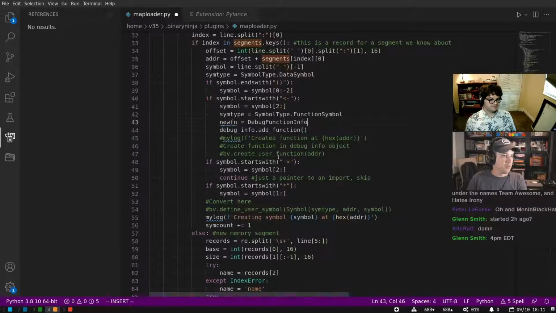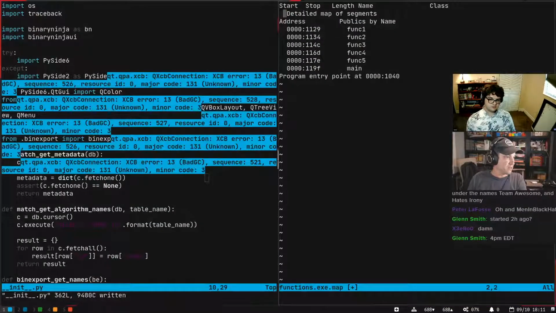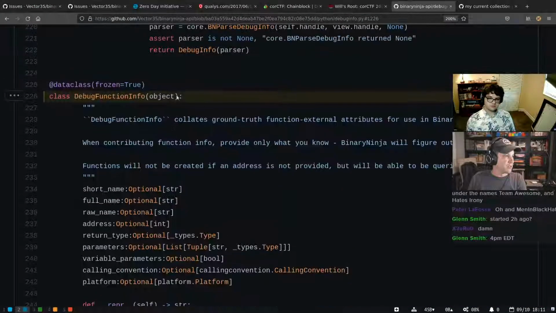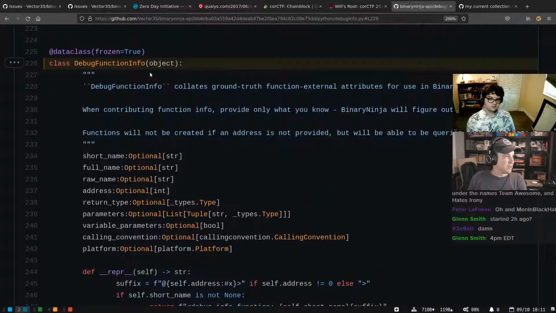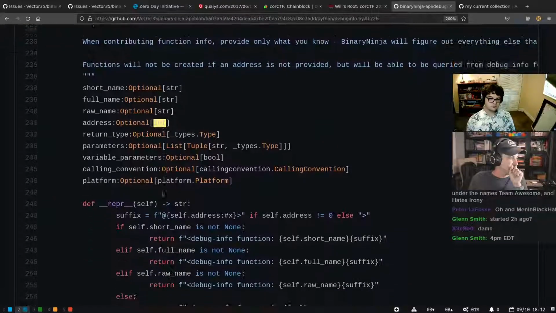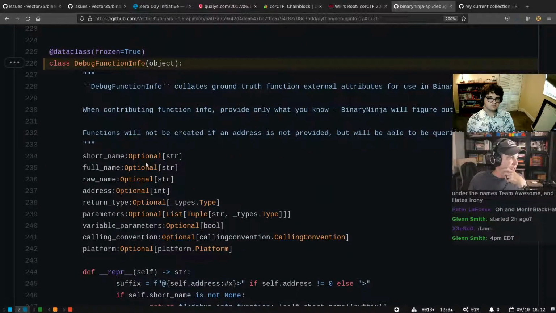So all right, we're gonna create a new debug info object and new function. Should we just create it with this stuff? So, frozen class. Okay, so are these all things I can initialize it with? Help me with my Python. This is part of the refactor, I actually haven't seen this yet.